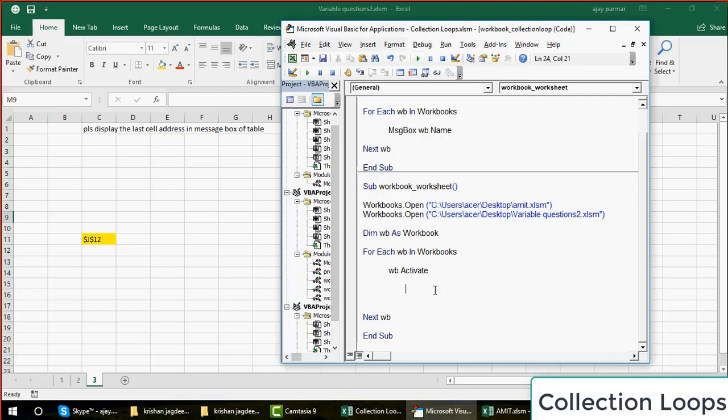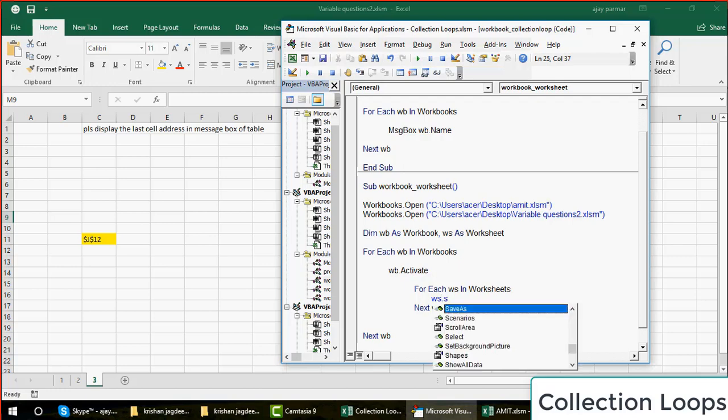Now you're going to run a sub loop in the loop. You should also know the art of creating two loops together, how to make a sub loop in the loop. Now what I will do, I will create one more object here, ws As Worksheet. Once I have activated my workbook, before I go for the next workbook, guys, let us say For Each ws In Worksheets, Next ws, and select the worksheet.